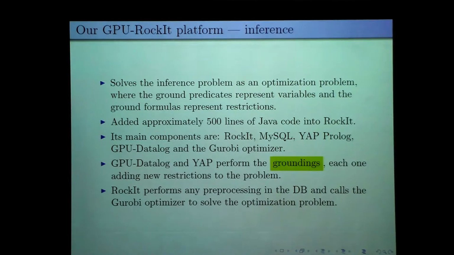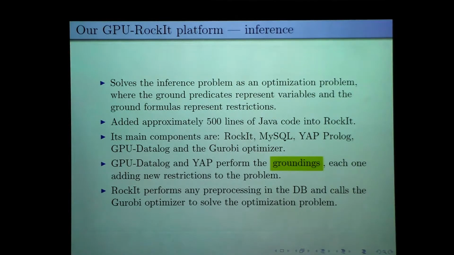Now our other platform is called GPU Rockit. This one is based on solving the inference problem as an optimization problem. As I said, the ground predicates represent variables and the formulas represent restrictions to the problem. We had to add around 500 lines of Java code into Rockit. Its main components are Rockit, MySQL, JAP Prolog again, GPU Datalog, and the Gurobi optimizer to solve the optimization